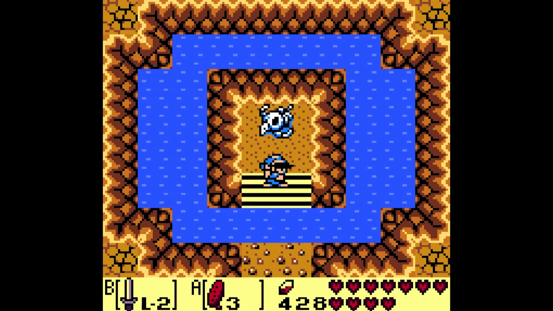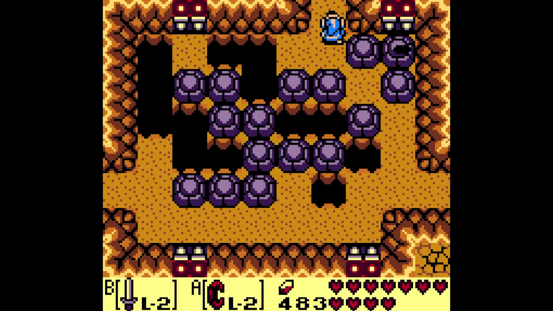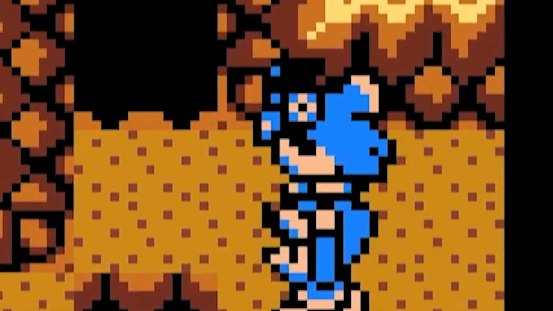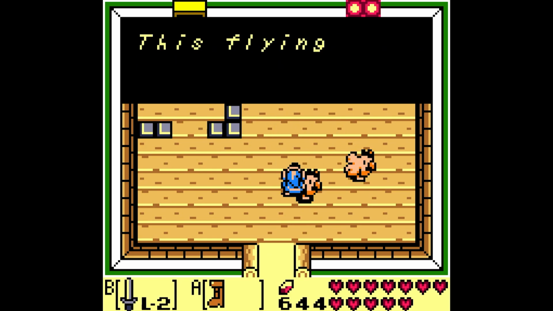And the flying rooster is so awesome. You can use the power bracelet to lift him above you, and he will be able to carry you over pits. Absolute legend. The rooster is only available until you enter and complete Dungeon 7 though, after which you will go